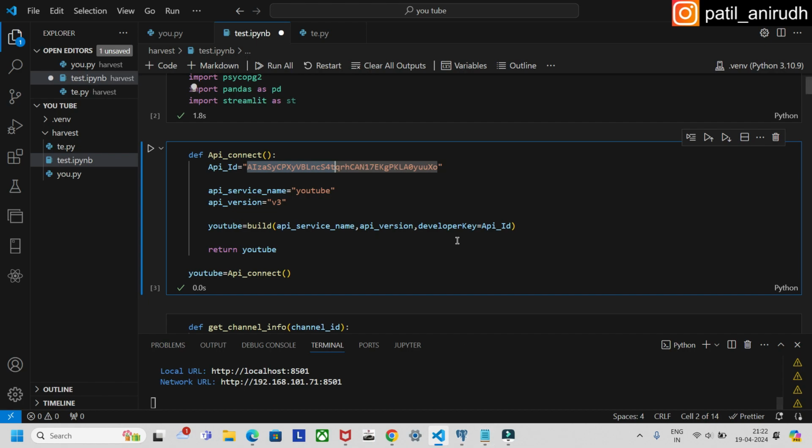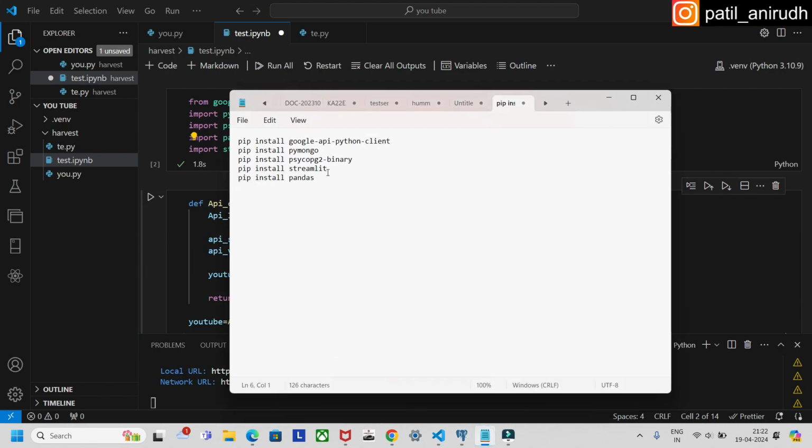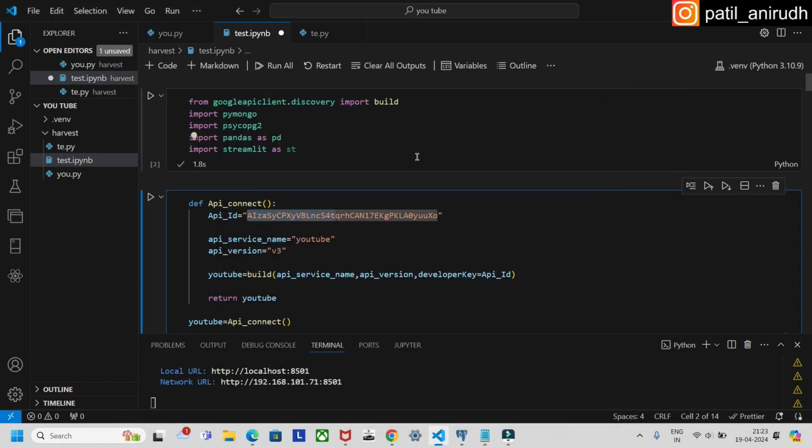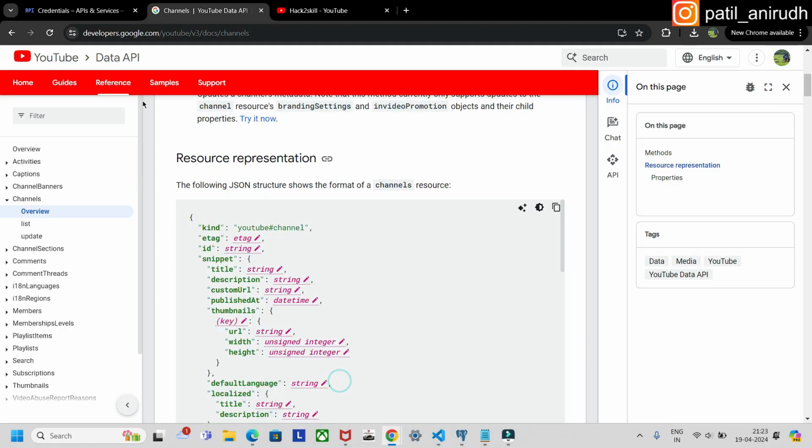Okay, so first things first, once you have this setup like this, what you can do is you can go ahead and use these things. Okay, you can just take the screenshot of this, or you can start installing. So pip install Google API Python client, pip install pymongo, and these things. Okay, so once you have these libraries, you need to generate this API key. Okay, so to do that, you need to go to